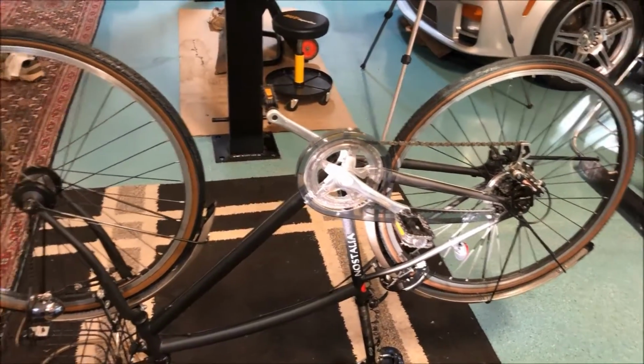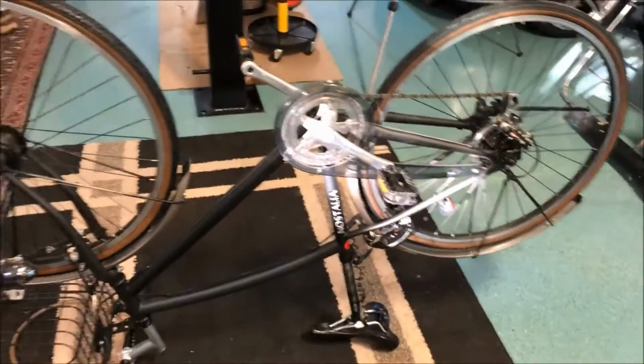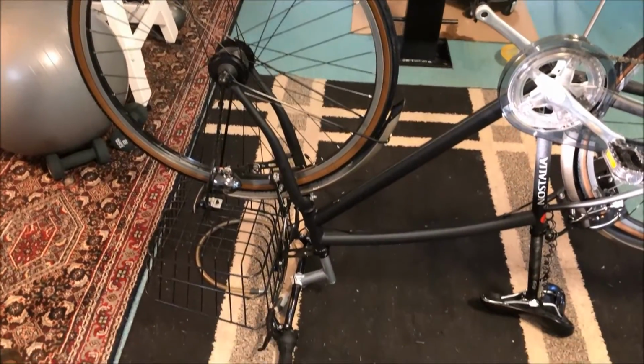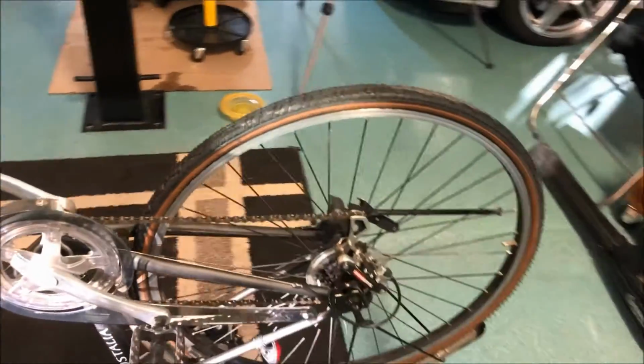What you see in front of you here is my bike that I had in Japan. This was my main transportation while I lived there almost 2 years. Awesome bike, 7 speeds. It's got a generator with a light that automatically turns on in the evening. I want to take it for a ride here, but